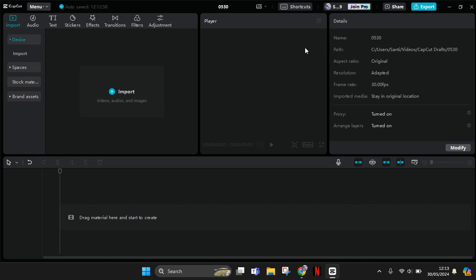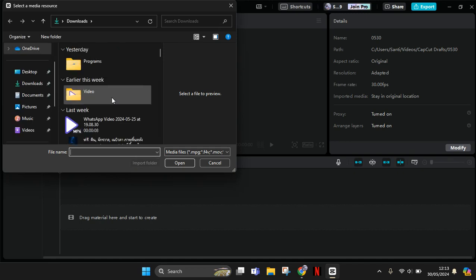On today's tutorial, I'm going to show you how you can import media like videos, audio, or images into CapCut PC. So here you can start by opening or starting a new project in your CapCut PC and head to the import device, and here you can see there will be this import button, so you can drag the material in here to the timeline directly, or you can also manually add it by clicking on this import button and choose the media's file